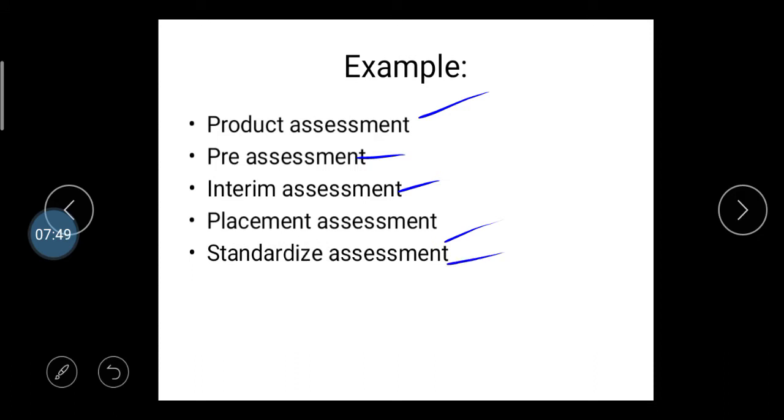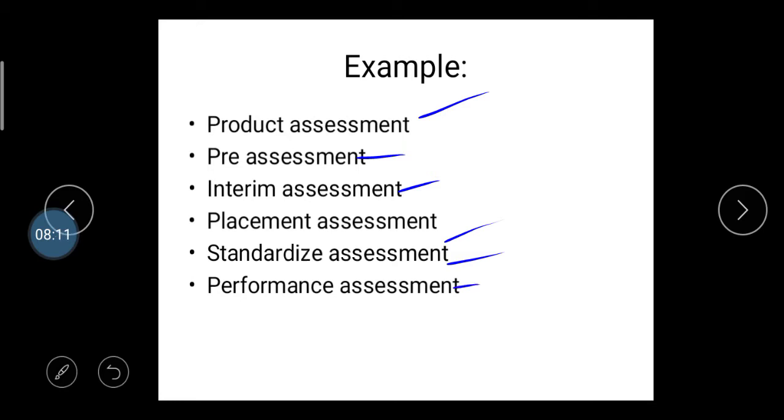standardized assessment. Whenever you produce a new product, at that time your product must match the standard. If your product cannot match such a standard, then your product cannot be used very effectively. Okay, so standardization assessment is also considered in organizations. Then after